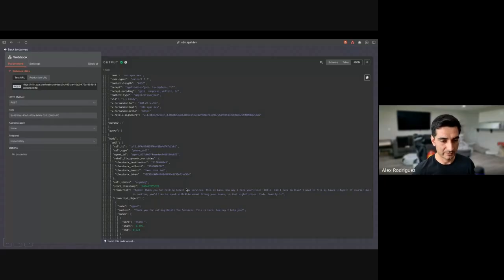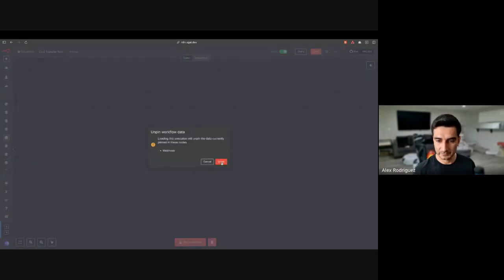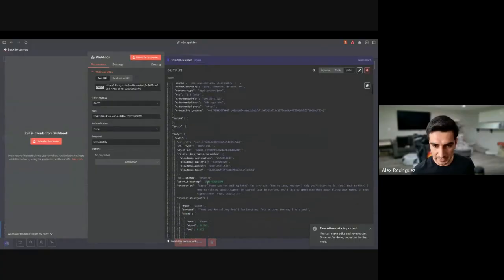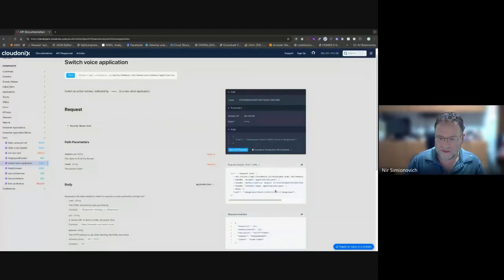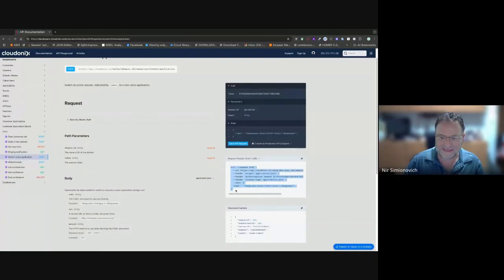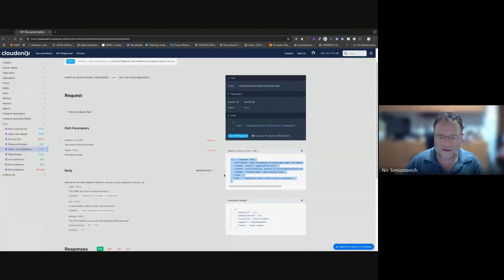Yep, that was it, because here we have all the information that we need there. So I'm just going to copy this to our editor. And now we have our Cloudonix destination. We got me, this is my phone number, and then we have our domain and token there. Basically, this is the simplest possible way of doing a transfer, a cold transfer, straightforward. So I'm going to take this curl request and put it in the chat so Alex can take a look at it and combine it into his code.